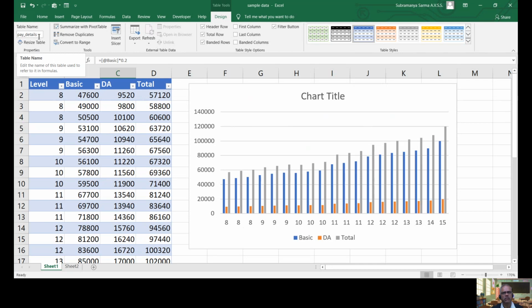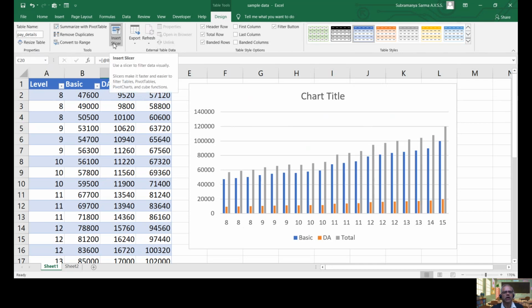It's something like a dashboard. Suppose you are using a graph in a dashboard, you need not copy or redraw the graph on the dashboard always. Once you change the data, automatically the graph on the dashboard will be dynamically changed, right? So that is the advantage with table data, right? So these are the features of tables.